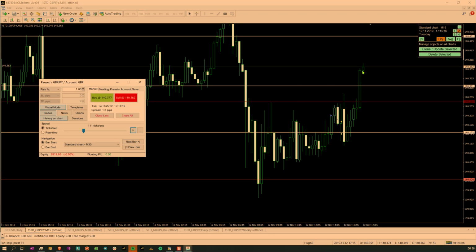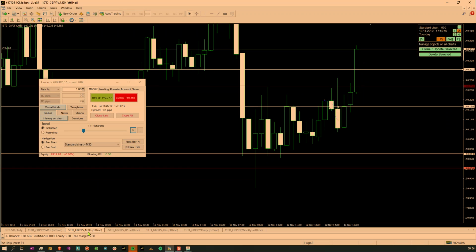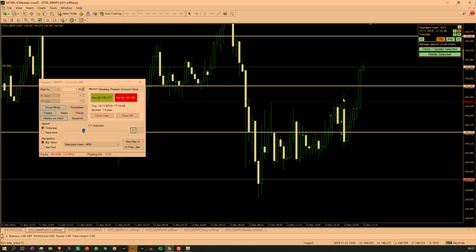Okay, this candle needs to go back, and if it goes back, yeah, this is an M15 entry. If it goes back to do a little dovetail and go up, I might